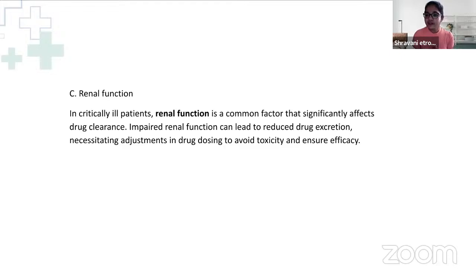So if there are two different patients, one patient has a good renal function and the other patient has reduced renal function, which means that creatinine clearance is very low, I cannot give the same dose to both of these patients. If patient A has normal function, you have to give them a normal dosing. When it comes to patient B, whose creatinine clearance is low, you cannot give the same dose which you have given to patient A,